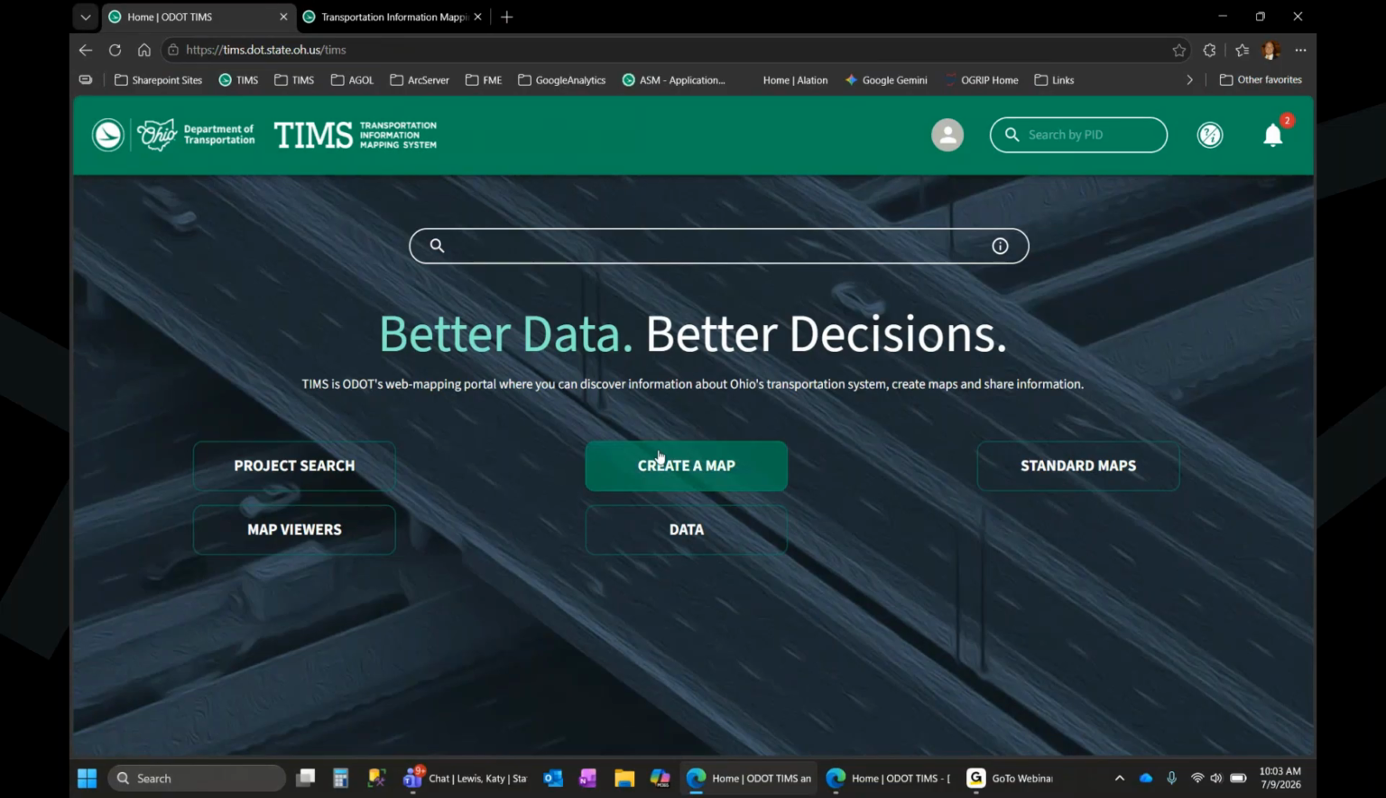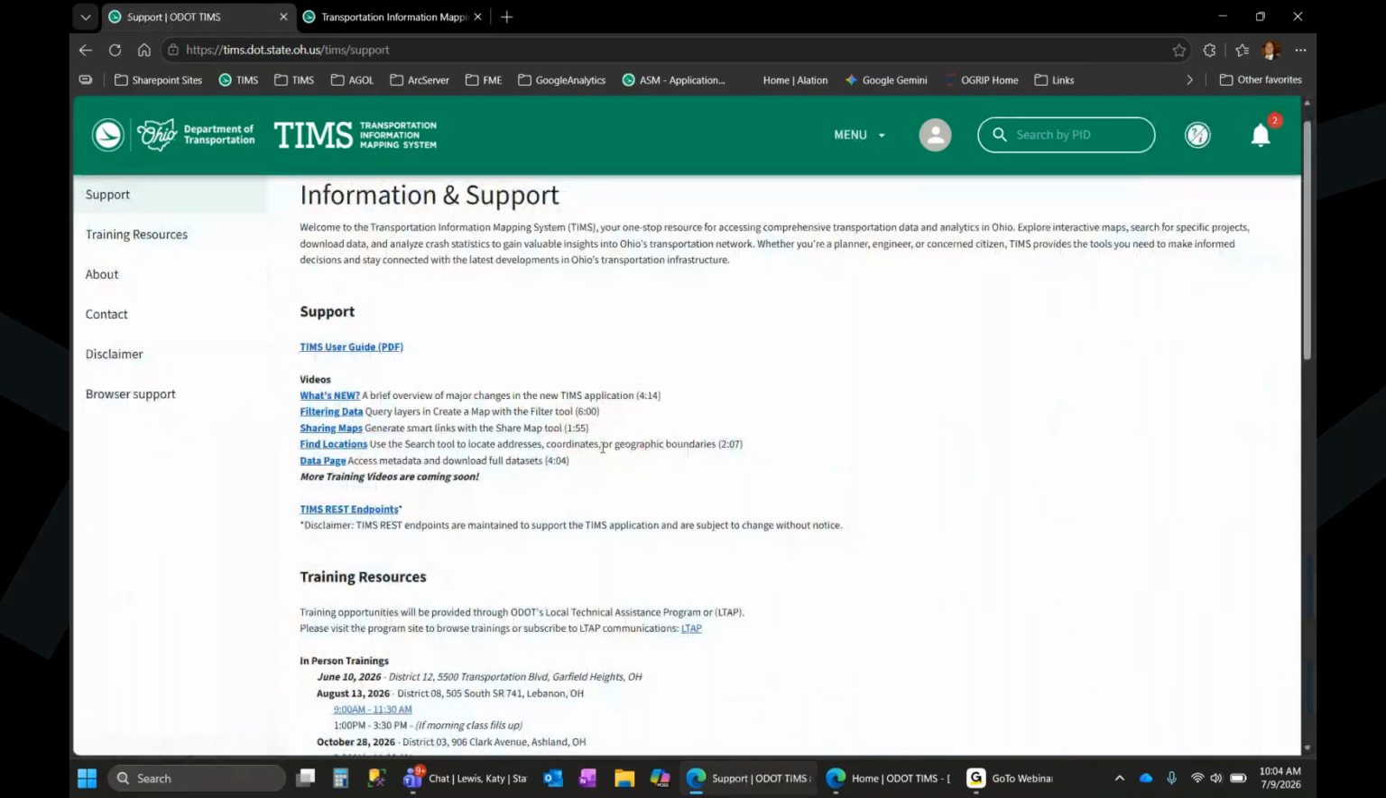So here on the TIMS homepage, you can find links to the various pages. There is also a TIMS icon at the top that will always bring you back to this homepage. And then on the right-hand side, there is an information and support page. So this is a good resource where you can find information like user guides, some quick hit videos to show you how to do certain functionality in TIMS,